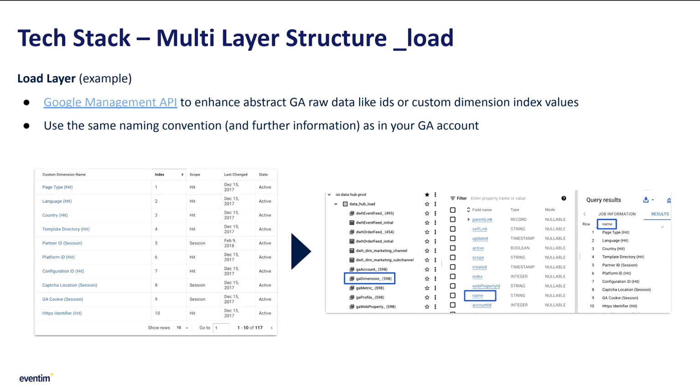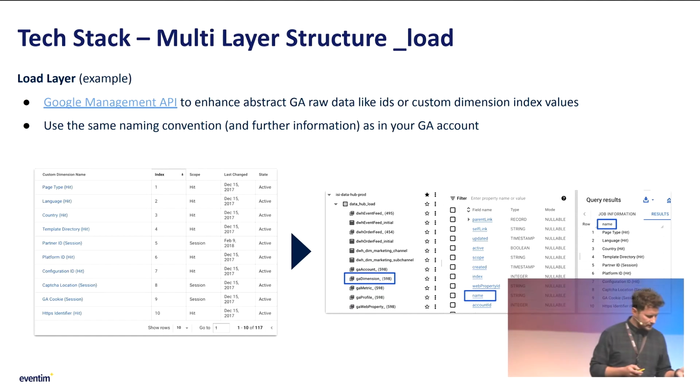So people tell you, I would like to analyze this or that, or please develop this data entity. Then you have to go back and say, okay, we don't have a proper documentation, or maybe it's not as updated as it should be. So what can you do? You go back to GA and look at the index value. Then it tells you the scope, so how to query the data, do you need to unnest it or not, and so on. In the end, you can just use the management API from Google. We do it on a daily basis to add further data information to actually have the actual value, how it is represented in Google Analytics with a specific scope in place.